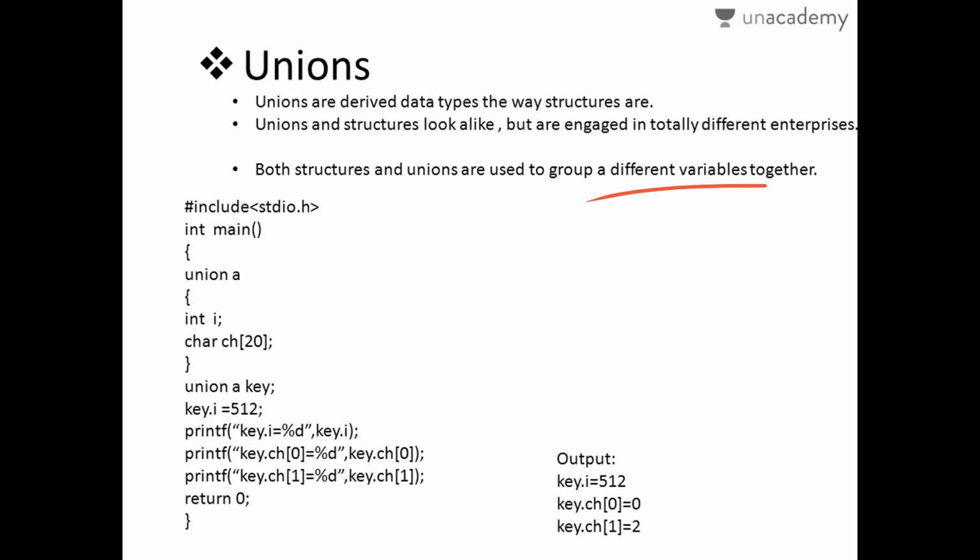For a simple example of a union, this is union A, and when I call union A as a key, I have assigned key values as 5 and 2. For CH, I just gave the length of the array as 20, but I haven't given any input for CH as an array. So this can be whatever you give here, and that would display as an output. So the output for k of I would be 5 and 2, because as we assign here the 0 and 2, it depends on whatever value we give.